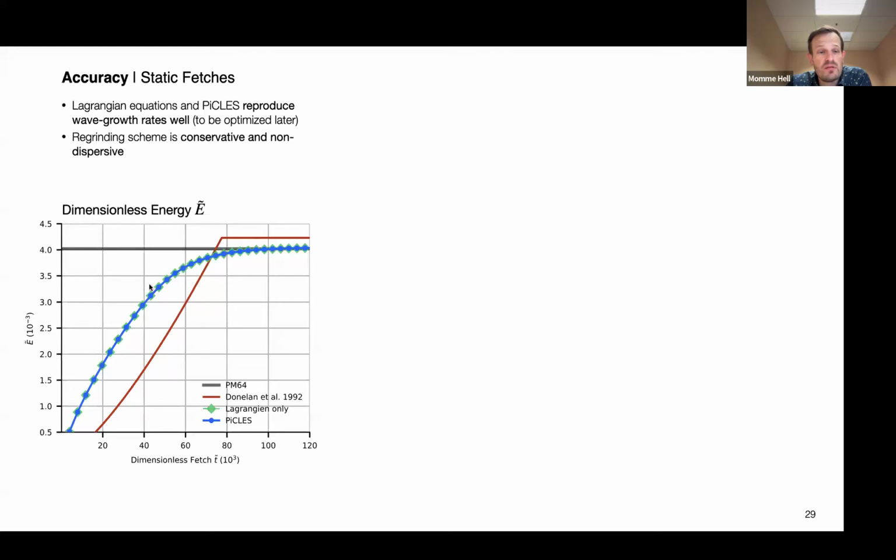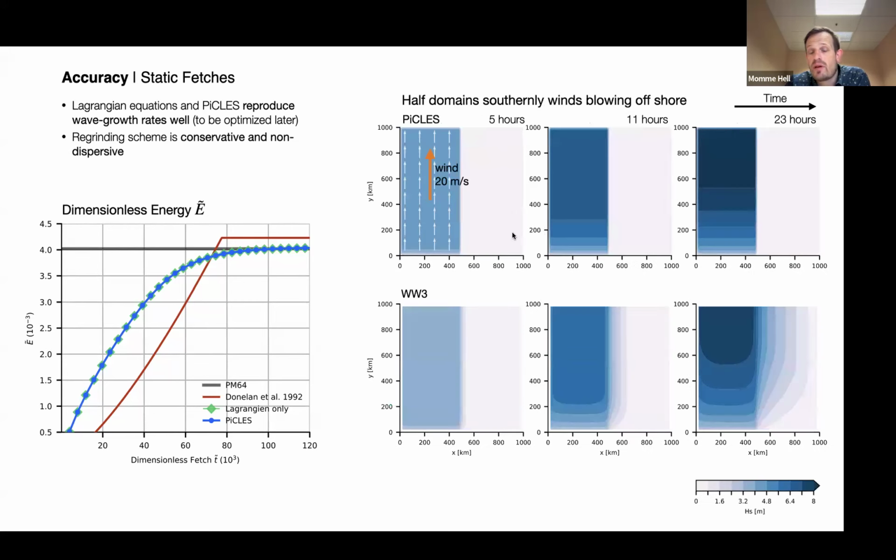You can discuss this difference here. That's a tuning problem of the parameters. I don't worry that much about it. You can make the problem more complicated. Here we now grow winds blowing offshore in half of the domain, upward, and time goes to the right. That means you start blowing winds here, and then you go to the right, and then you have a static fetch relation,